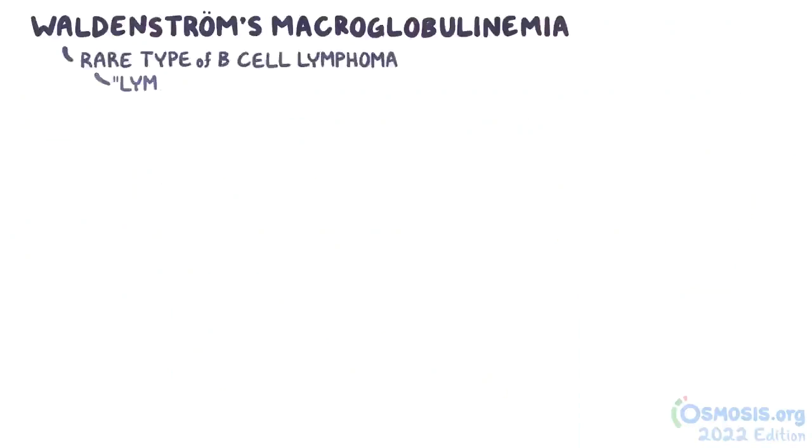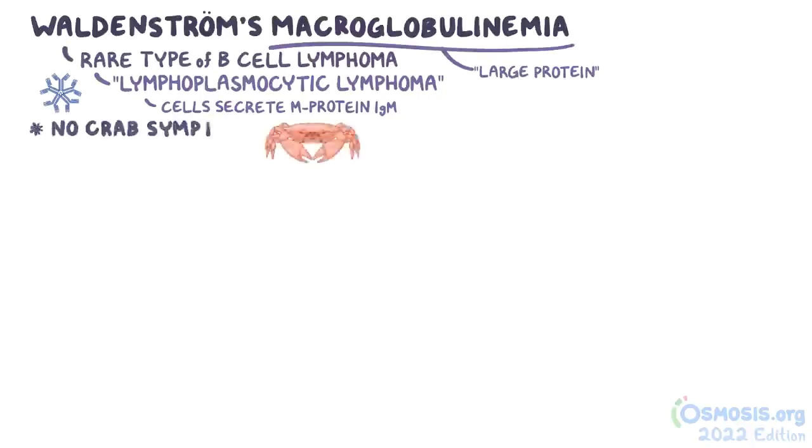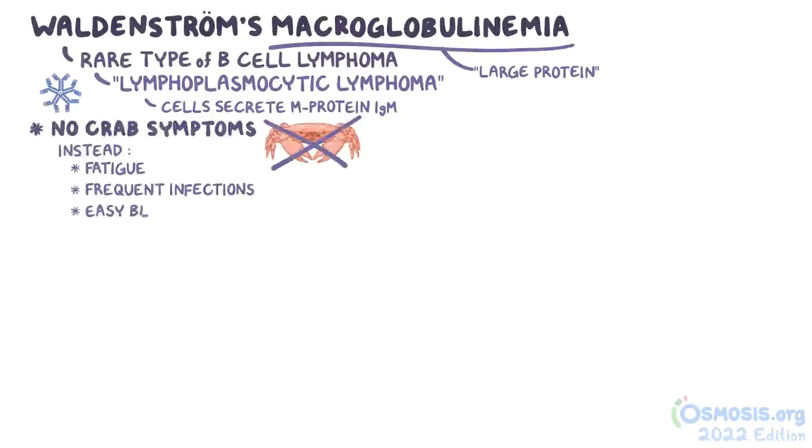Waldenstrom's macroglobulinemia is unique because it's actually a rare type of B-cell lymphoma called lymphoplasmacytic lymphoma. But since the cells secrete the M protein, IgM, it's classified as a plasma cell disorder. To help you remember this, macroglobulinemia literally means large protein, and IgM is the largest of the immunoglobulins. Generally, these patients don't have CRAB symptoms, but instead have fatigue, frequent infections, and easy bleeding from pancytopenia,